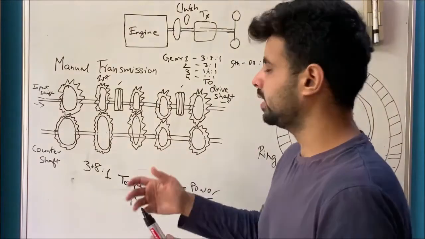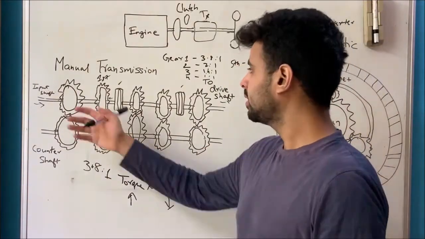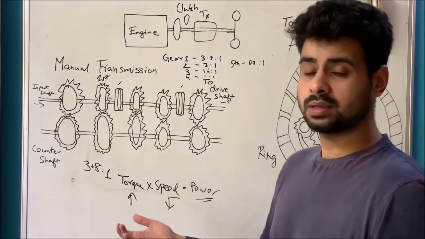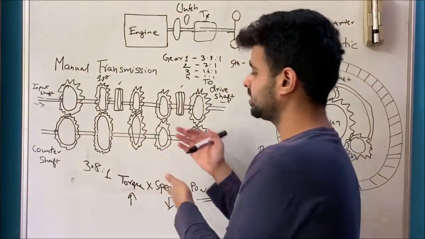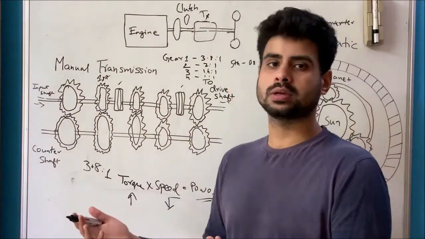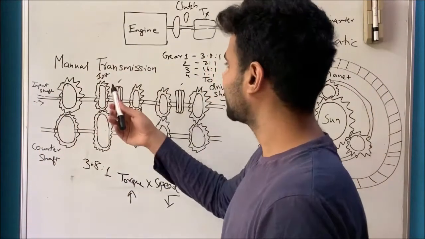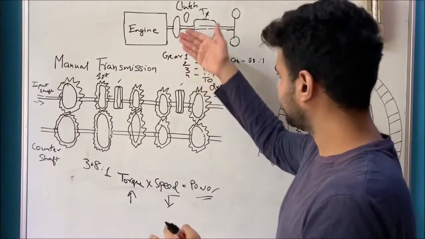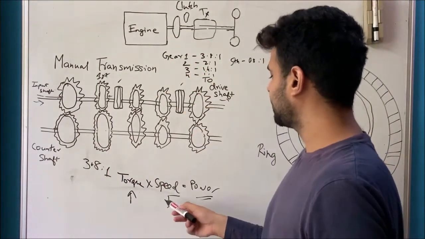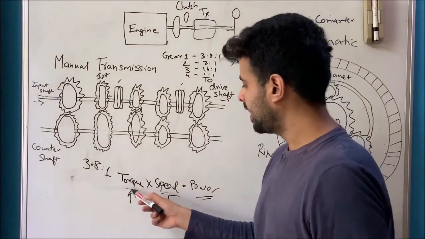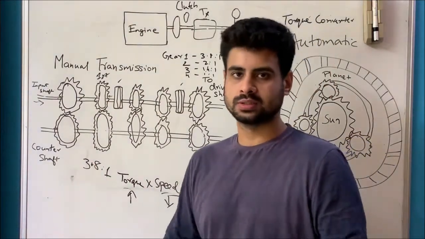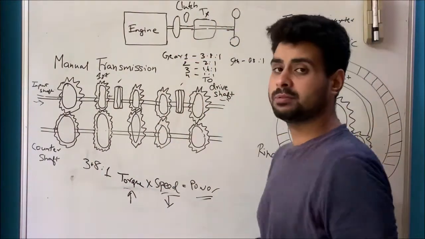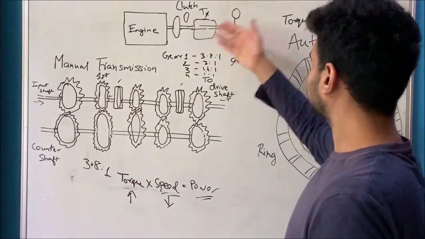So in normal forward gearing, the input shaft and the counter shaft turn opposite to each other. But in the case of reverse, they will turn in the same direction so that you get reverse gear. And that is it. That is how manual transmission works, how the gearbox works. Basically just different gear ratios to get different transmission speeds and different torque for different conditions. That is called processing of the power that we get from the flywheel, processing it, sending it to the wheels